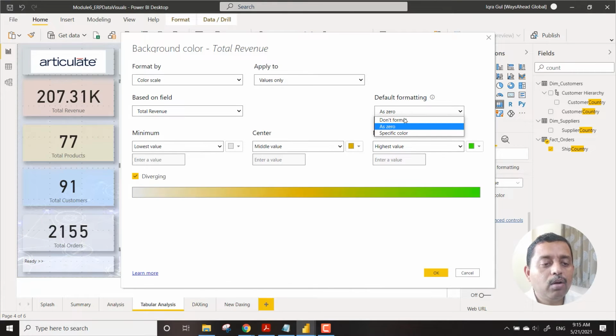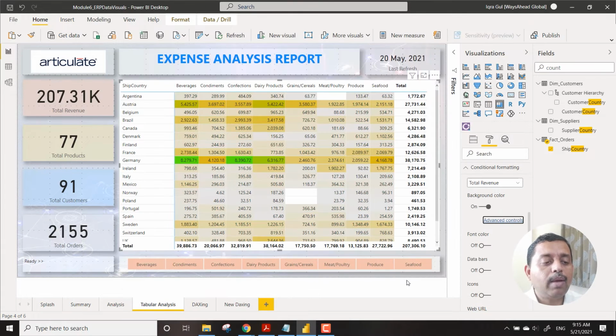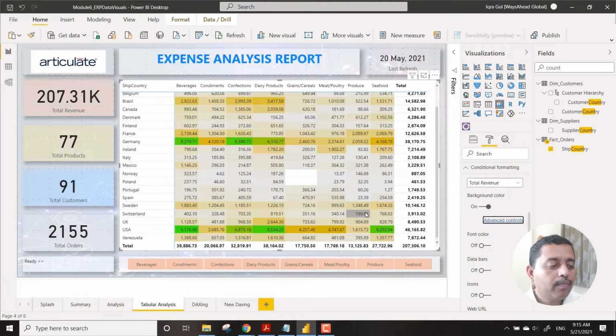One thing you can do is say don't format the zeros, and now you see the magic. It is a bit lighter on the note, and with green you can immediately find out that these are the high values. It is so easy to understand from here. You can see that Norway and Portugal do not consume from us, or we do not supply grains and cereals.